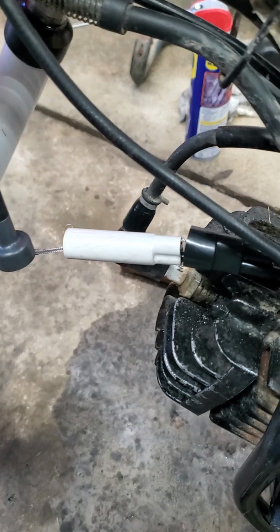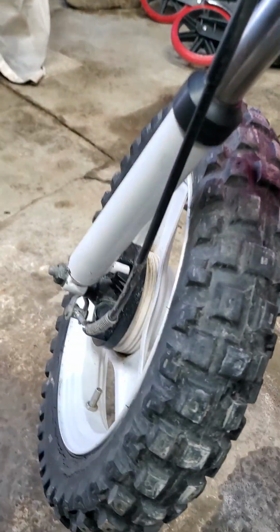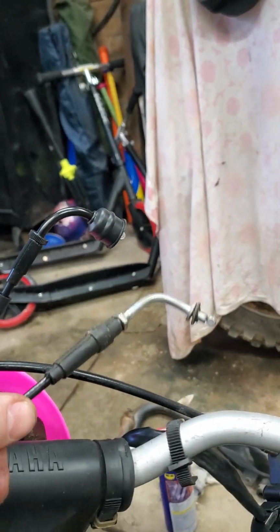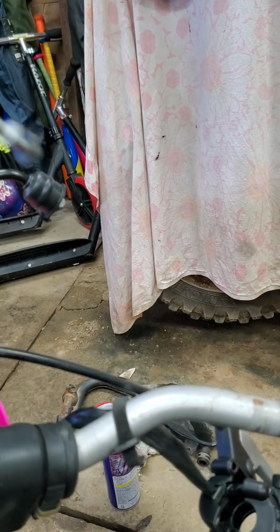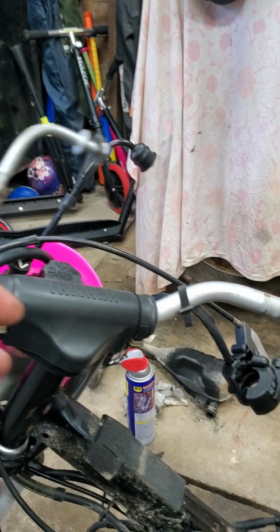So this is what I'm doing. I got all Yamaha stuff here now and trying to make it right. The problem I saw with the Chinese and the Yamaha was this adjuster here. This adjuster here is the Yamaha. There is this generic adjuster here, I'm thinking is the problem, or just the length of the cable itself is